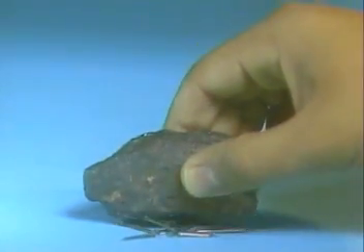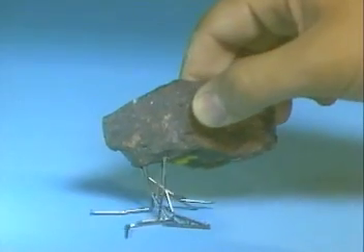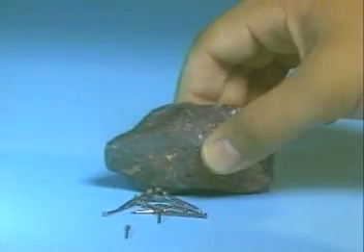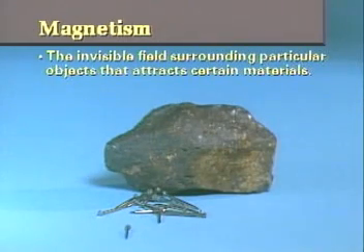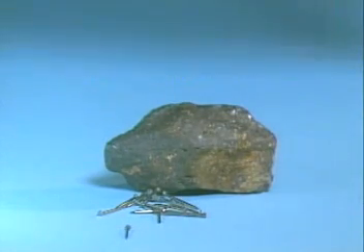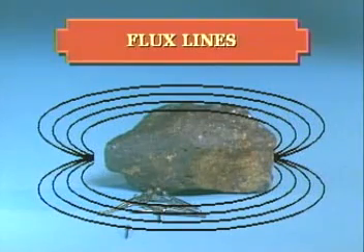What is this magnetism that the early lodestones possessed? At its most basic, magnetism is an invisible force field that surrounds particular objects. This field then attracts certain materials. A magnetic field is made up of thousands of invisible lines of force called flux lines that extend out from